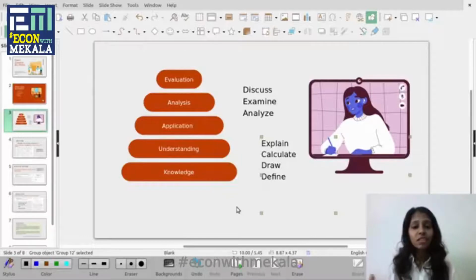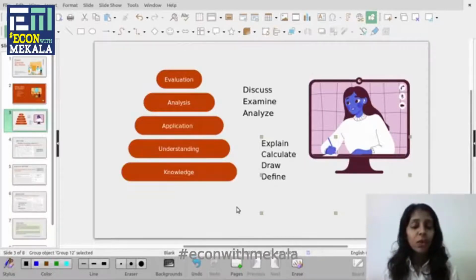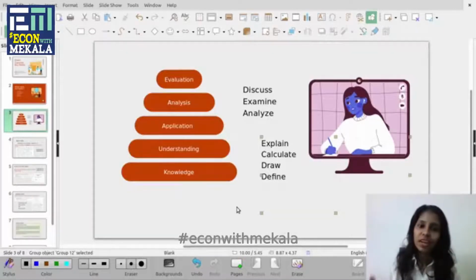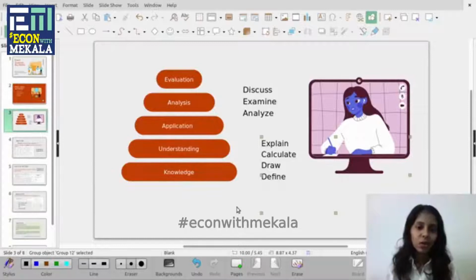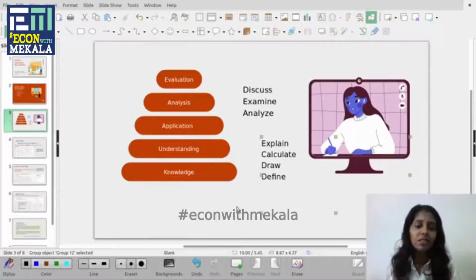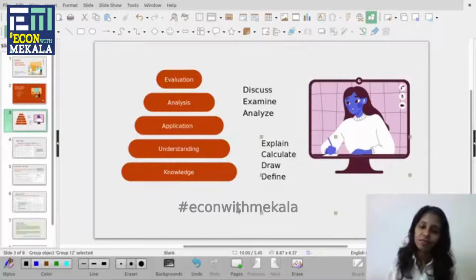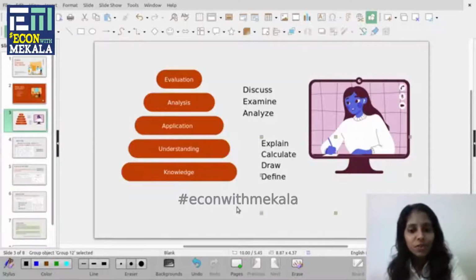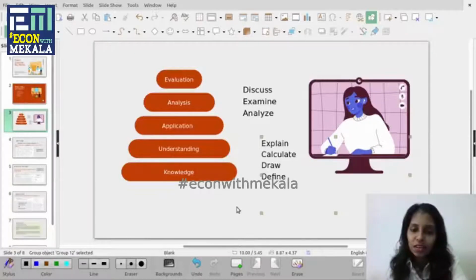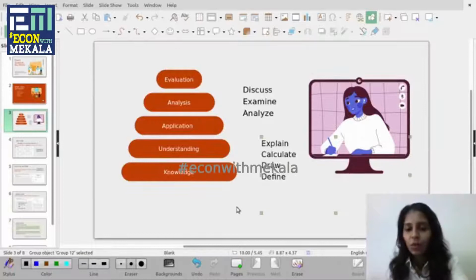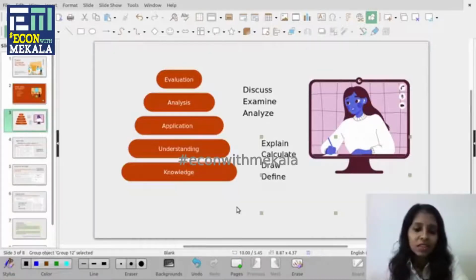So if you have negative consequences, you can propose in your evaluation how to overcome them. So that is your critical thinking abilities, which you are including as evaluation in your answer. So now it's important to understand how you are going to identify what are evaluation, analysis and application questions and what are basic knowledge and understanding questions.